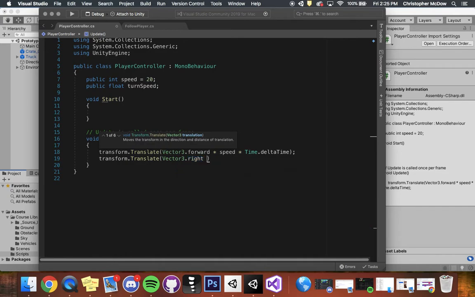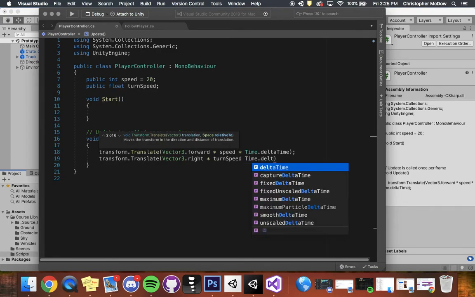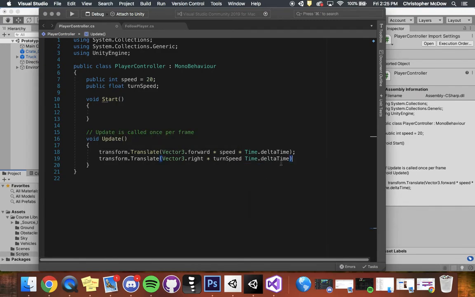And we're going to multiply this by turn speed, how quickly we want it to turn. And of course, to make sure it runs smoothly, we're going to multiply by Time.deltaTime. And at the end, please make sure you put your semicolon. So if I hit Command S,